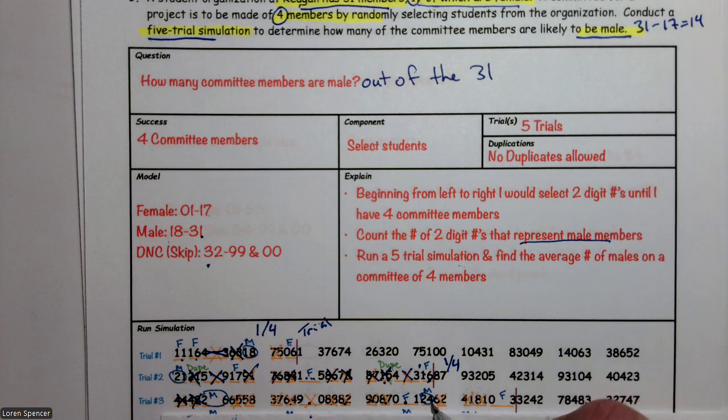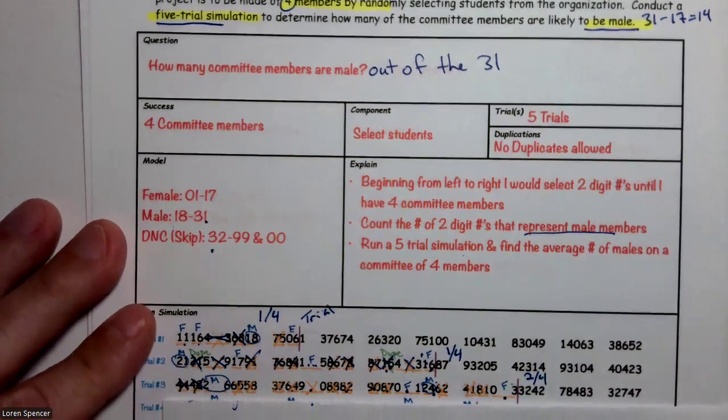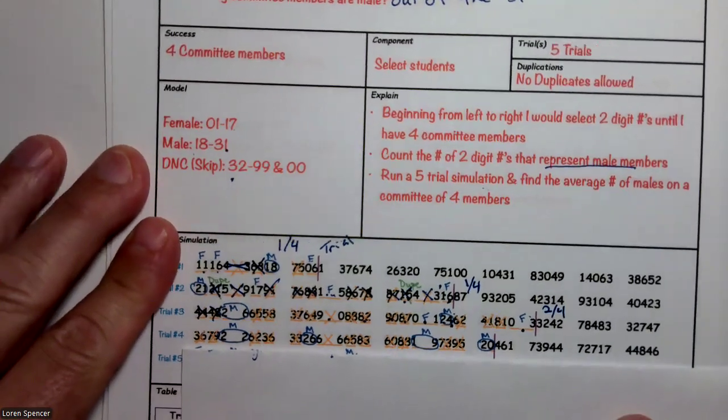Then we have 24, that's a male. Then we have 62 is a skip, 48 is a skip, 81 is a skip, 03 is a female. So in this case, we now have a male, a male, and a female. So we have 2 out of the 4 committee members being randomly selected as males. Moving on to trial 4,